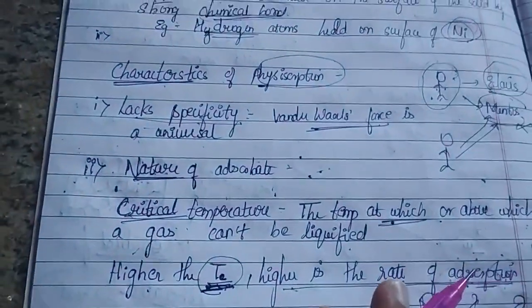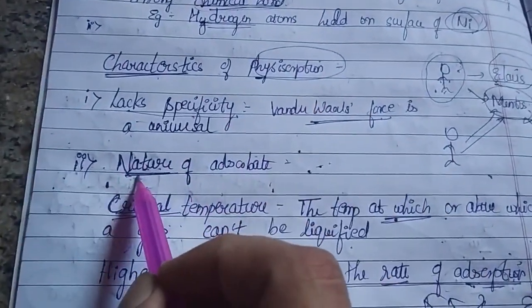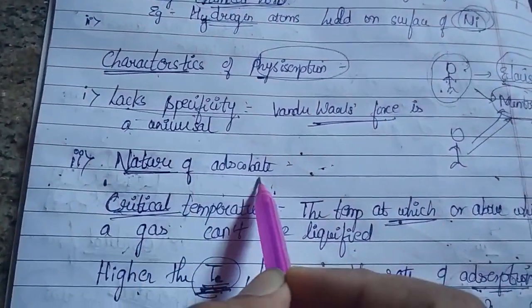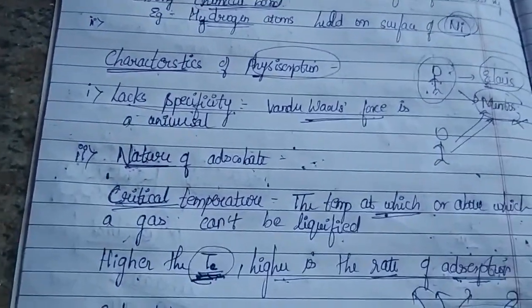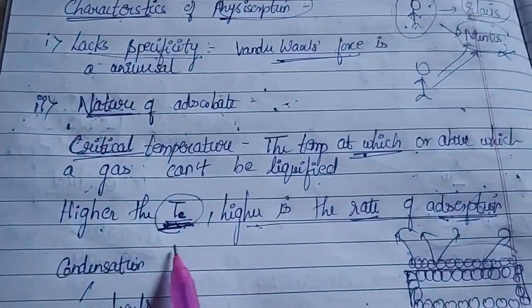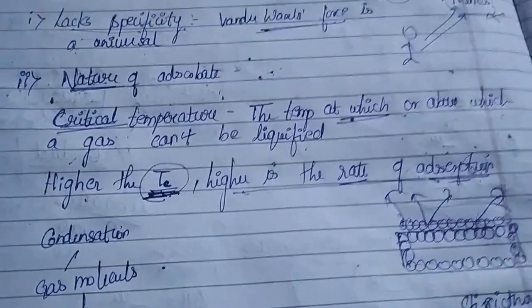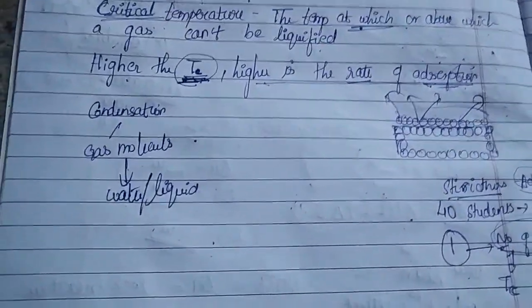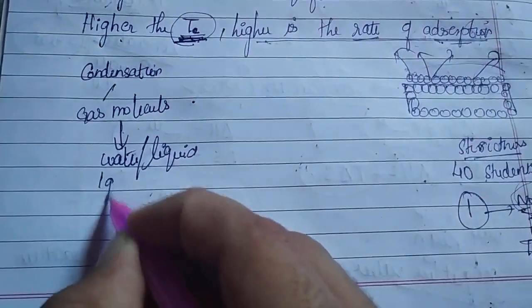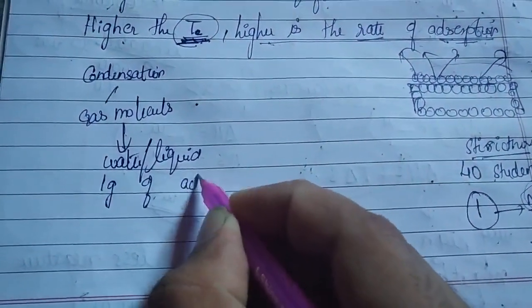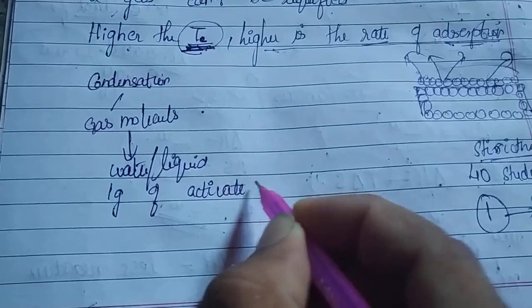So this is the main characteristic one has to know in the concept of the nature of the adsorbent. That easily liquefiable gases can get adsorbed easily. Higher the critical temperature of the gas, higher will be the rate of adsorption. Of course, I think I have given you an exercise over there. What I have given, if you have taken 1 gram of activated charcoal,